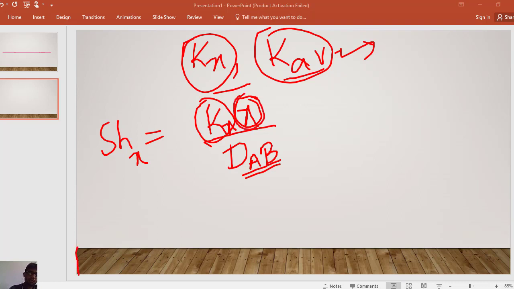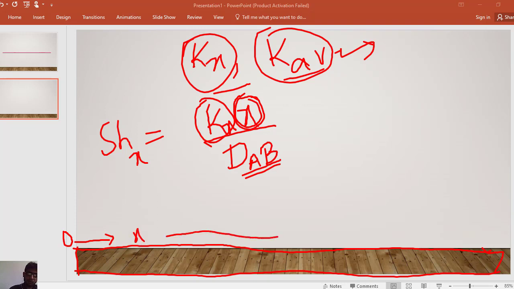Suppose this is a plate surface, and this is the x direction. x is equal to 0 here, and at this position x is equal to L, and this is the plate surface. So the mass transfer coefficient at this position will be called Kx. Similarly, the mass transfer coefficient at various positions will be called